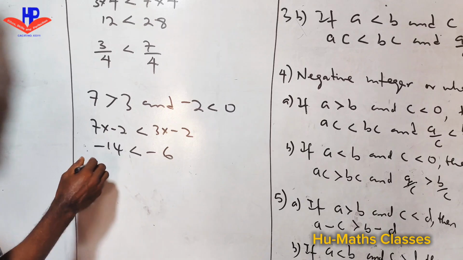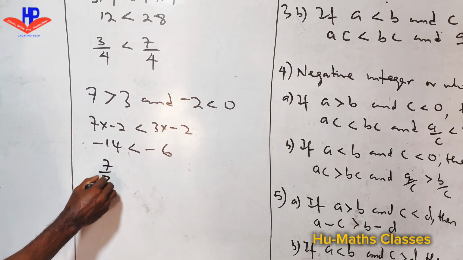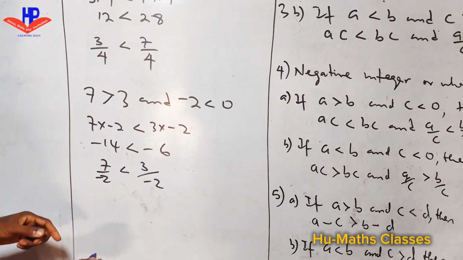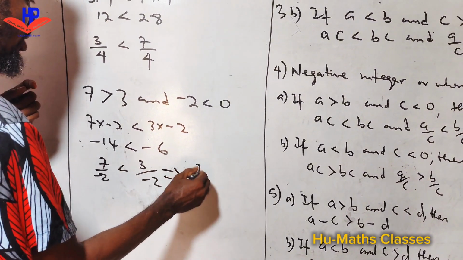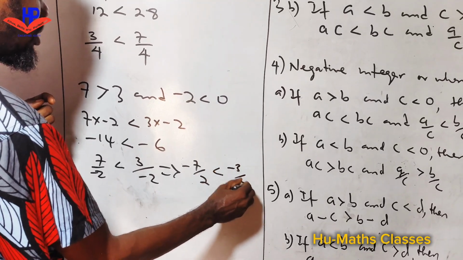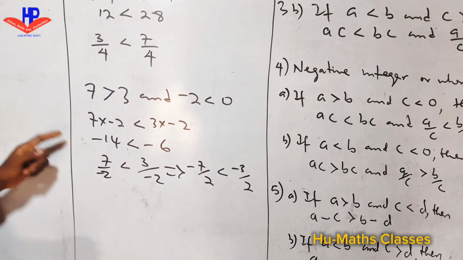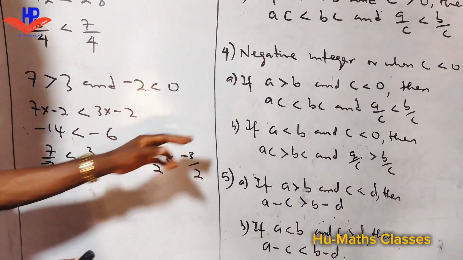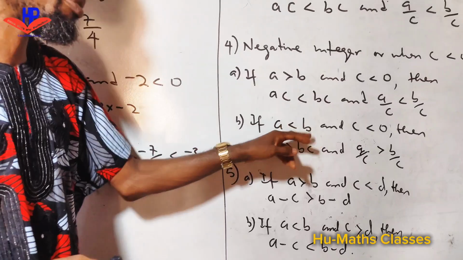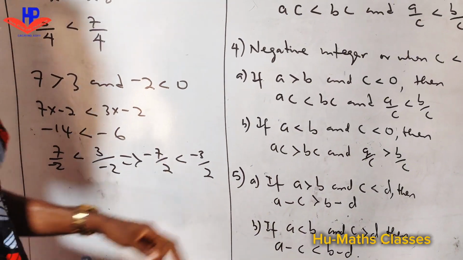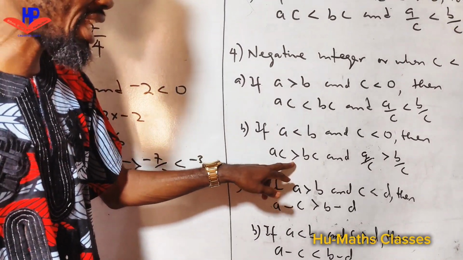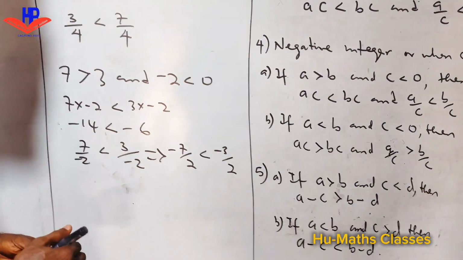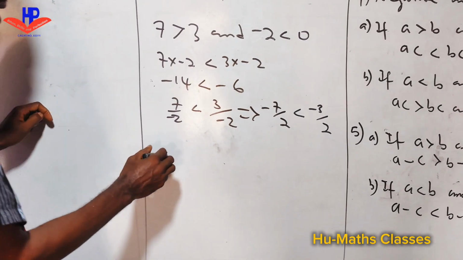Then if you divide 7 by minus 2, it will still be less than when you divide 3 by minus 2 by our operational standard, because we have minus 7 over 2 less than minus 3 over 2. So that is what the rule states for the a part of the negative integer rule. Then the b part states that if a is less than b and c is less than 0, then a times c will be greater than b times c, and a divided by c will still be greater than b divided by c. Let's use 4